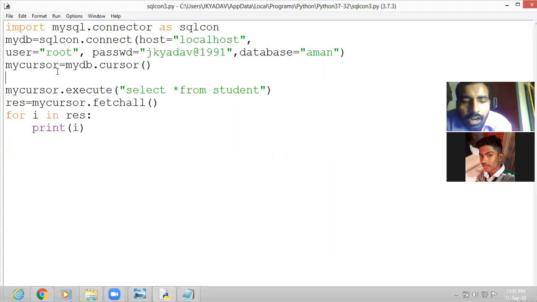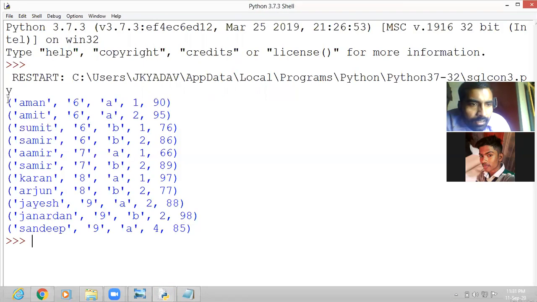Let us see the record first. Where is mark 88 or 89? So you can see here in the Jayesh record, there is name Jayesh, there is mark 88. This one we want to change. Now let us come to the code.